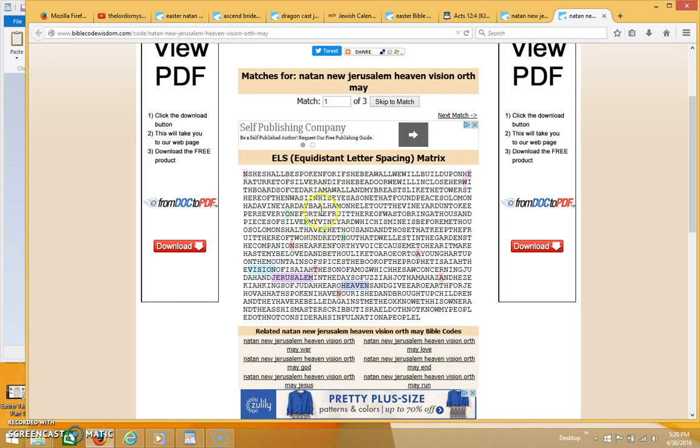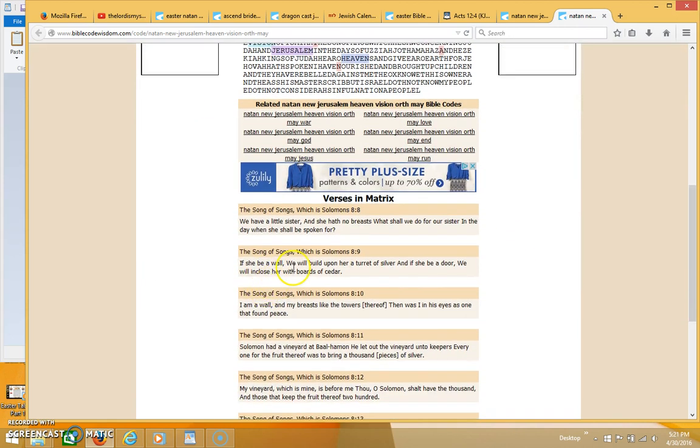But you see May over here in the yellow, and it's running into the abbreviated word orth over here. But that's not really that important. Over here you have new in the pink, and Jerusalem is in the lavender. Vision is over here in the blue, and heaven is in the bluish purple. And then you have Natan in ELS form right here, the letters N, A, T, A, N. And like I said, this was coming up in Solomon's 8:8 through